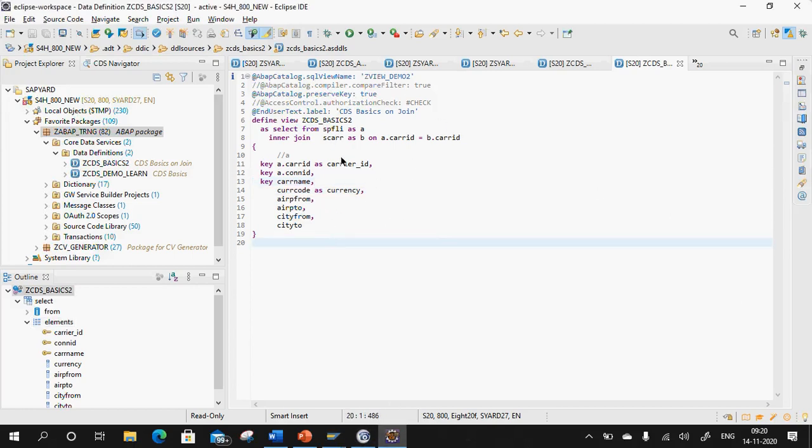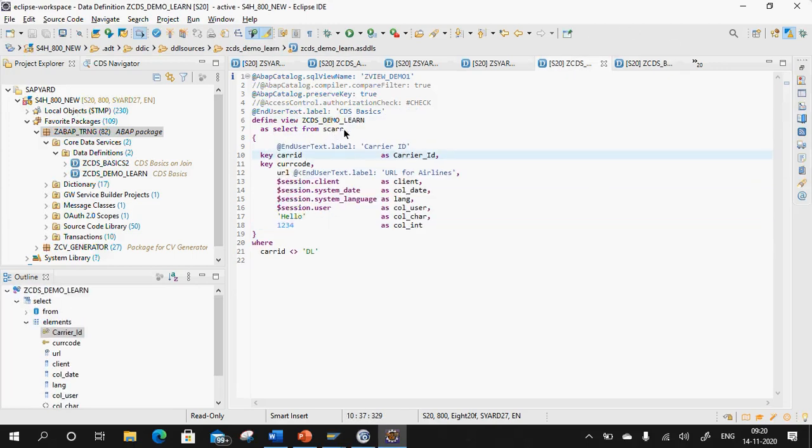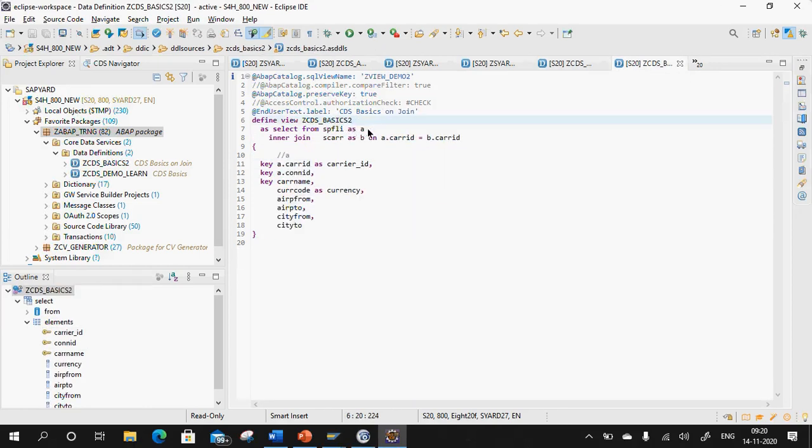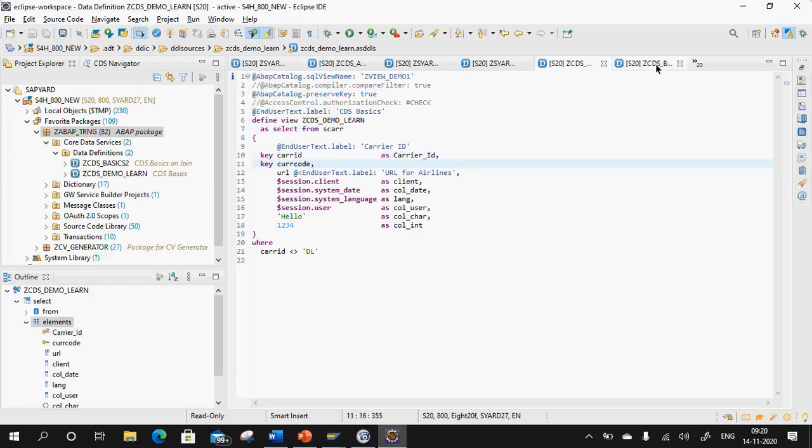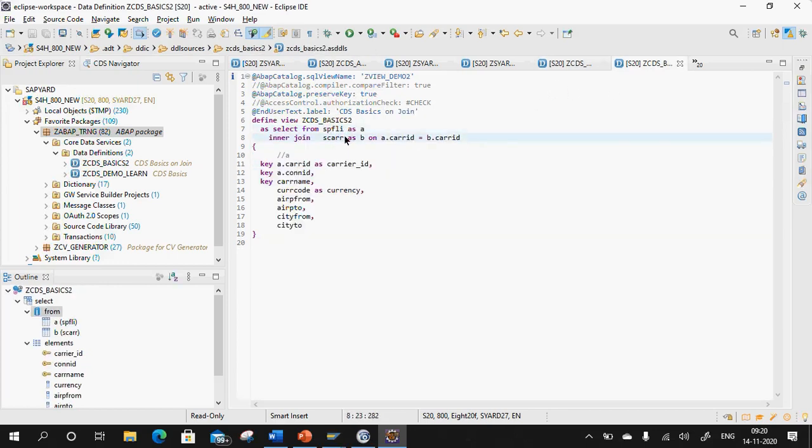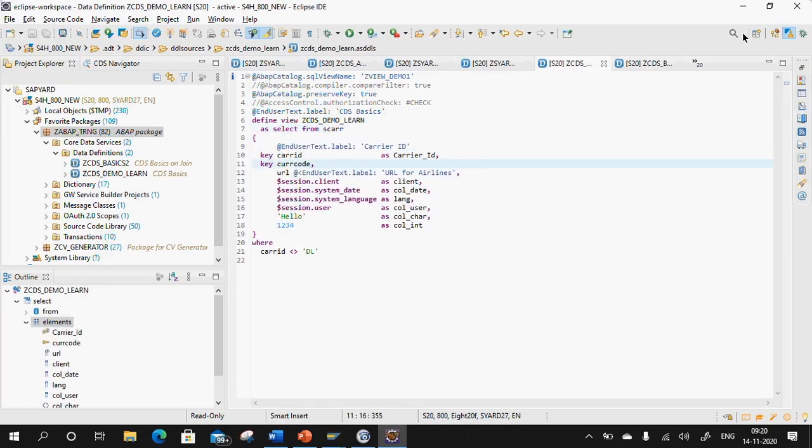So guys, I give you 5 minutes now. Practice the join concept. The last CDS view which you created, try to join that CDS view with another database source table. Don't join two database sources, because I showed you this. Try to join the database source table with another CDS view. Now try something different. Try joining your database source table with the last created CDS view.